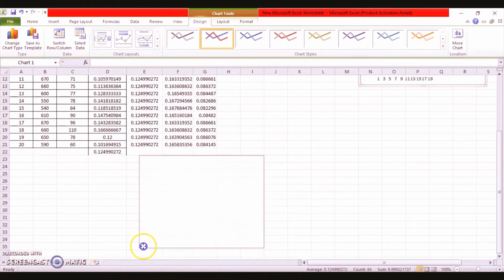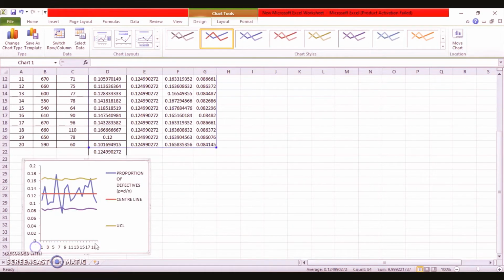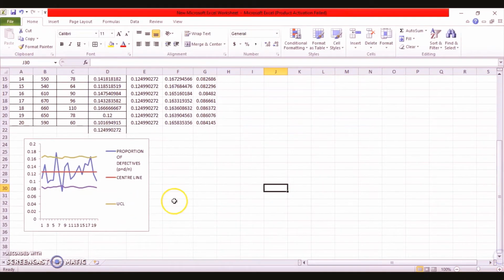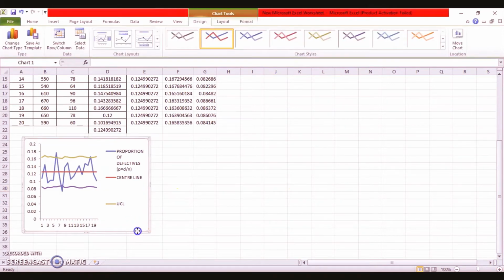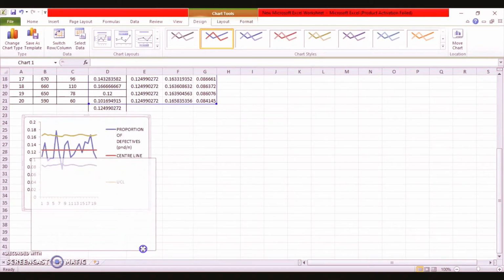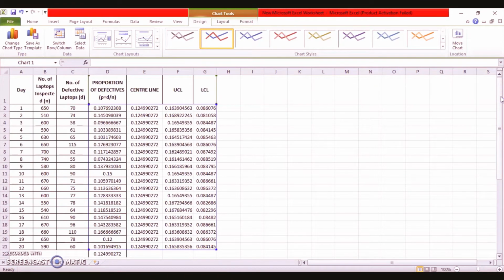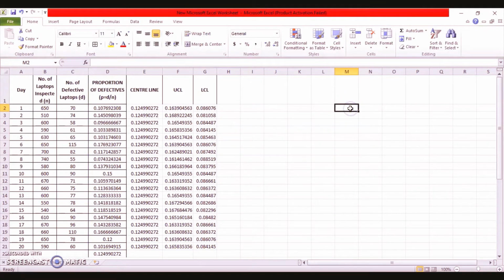I'll just drag it here. I'll put it here somewhere. Okay, fine. So in the first approach, you remember we calculated for every sample point N1, N2, N3. Now in this approach, we are going to talk about something that is called N bar. Now this N bar value will be equal to basically the sum of all the N values.